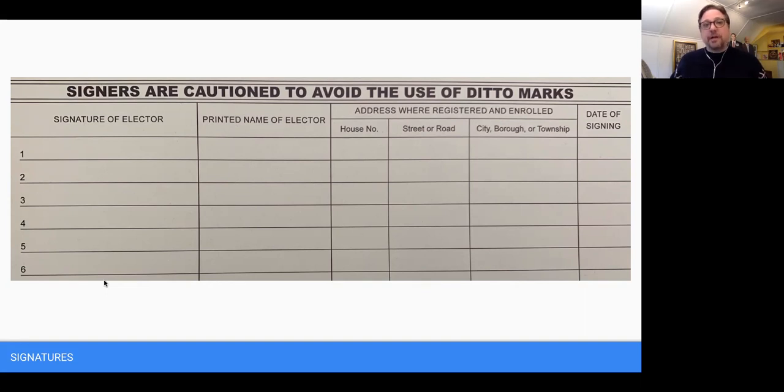So you just want to be conscientious of COVID at the moment, and conscientious of how people feel about this. You certainly don't want to sully your name as a candidate because you were not cautious enough. But nevertheless, we have not been given an alternative to the petition signing process, and so we still have to carry this out just as we would if we were not in the midst of this pandemic. So be safe out there. Wear a mask if you're comfortable, and if you want to wear gloves as well, by all means. But do whatever you think works for you and the folks in your municipality.